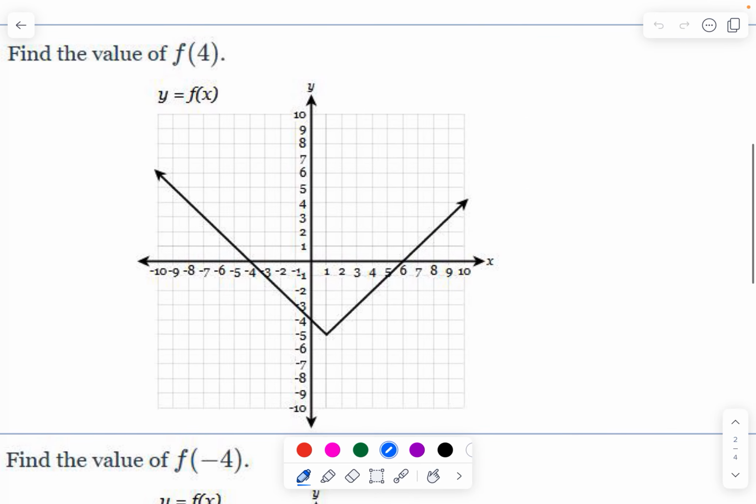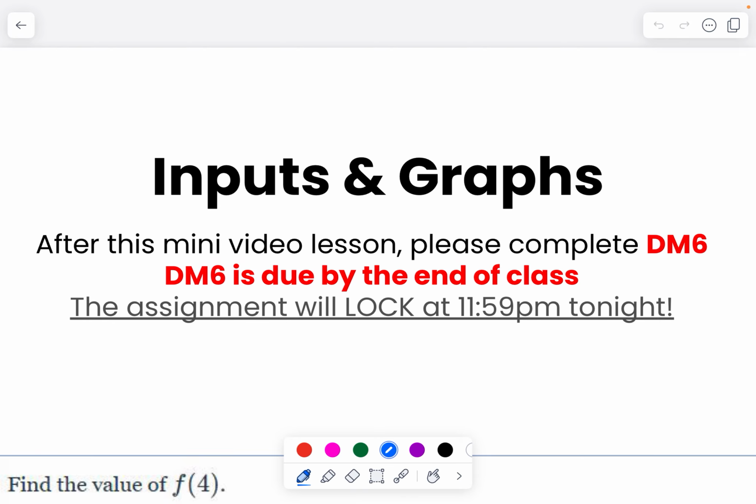Hey guys! In today's video lesson, we are going to be going over inputs and where to find them on